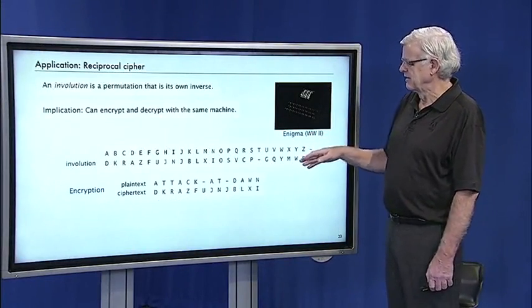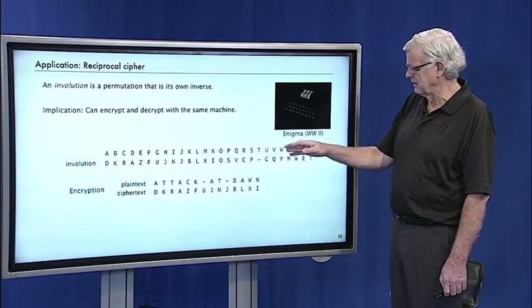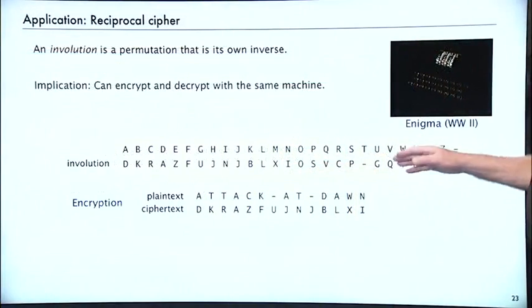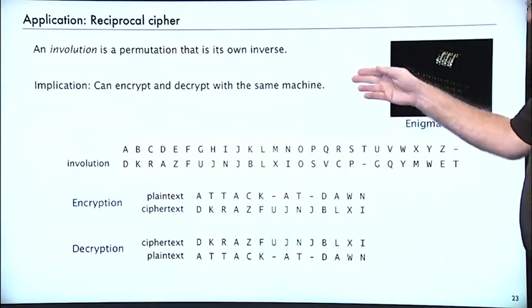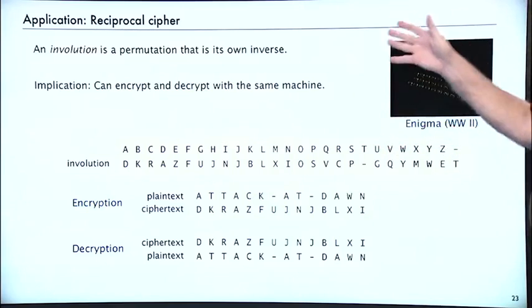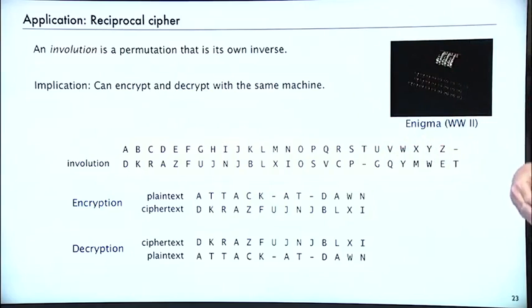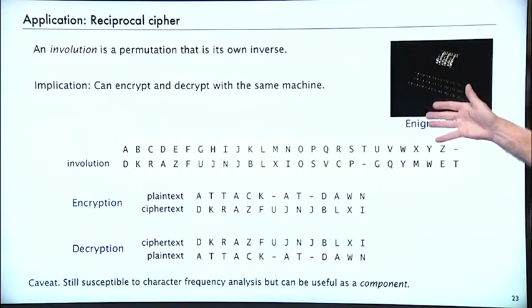table to decrypt. If we have our plain text, and then we get the ciphertext, A goes to D and so forth, then to decrypt we use the same involution or permutation, which is an involution, and that same thing says D goes to A and K goes to T and so forth. So an involution is a permutation that is its own inverse,